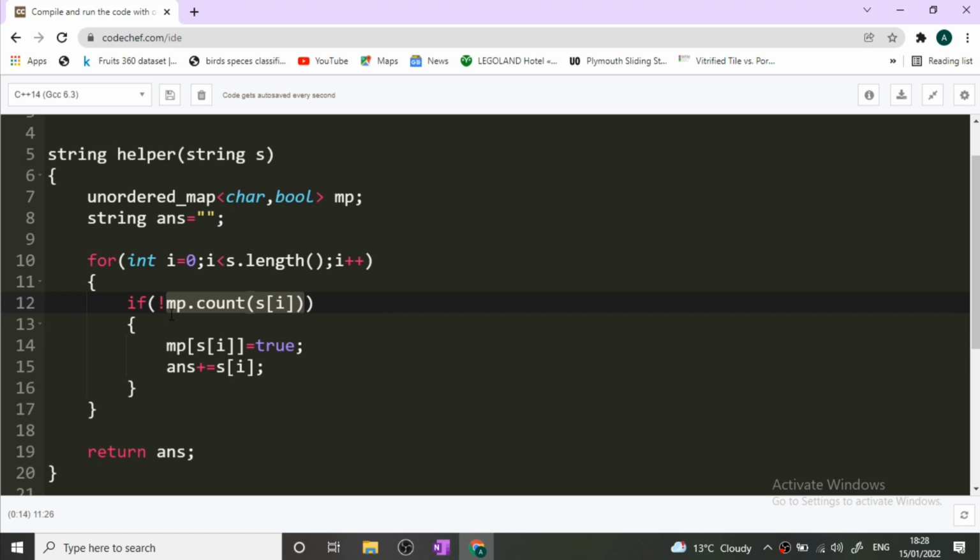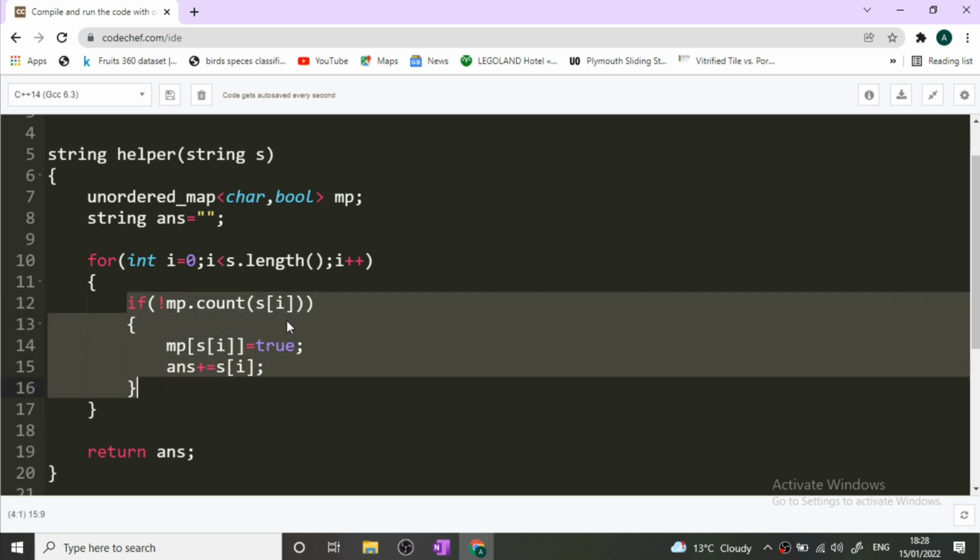So similarly we are doing here. If mp.count(s[i]), that is used to check whether s[i], the current character, is already included in the hash map or not. If it is not included in the hash map, then first we will add that character in our hash map like this, and then we will add that character to our desired answer, that is answer plus equal to s[i]. Now this is the case when that character is not present in the hash map.